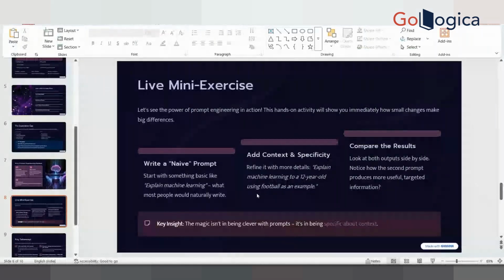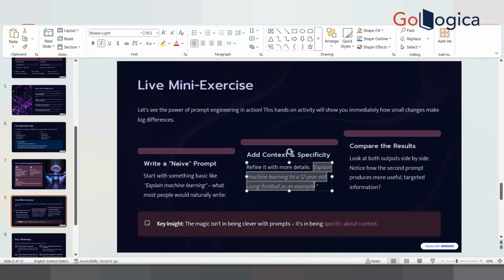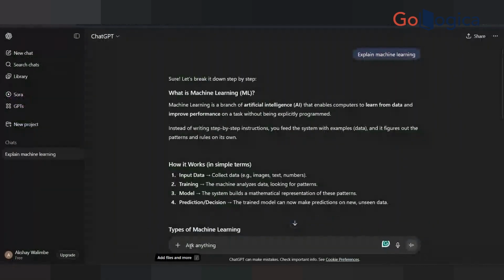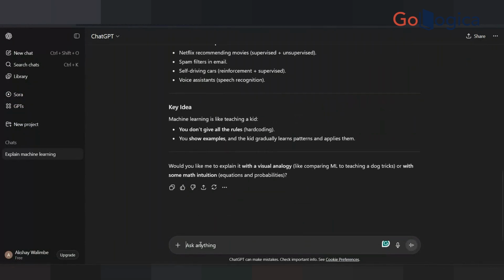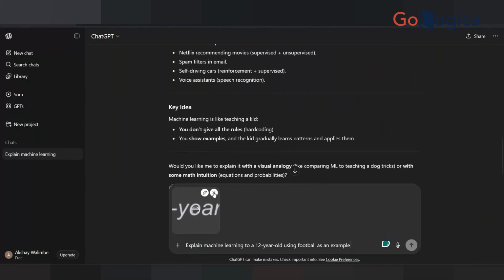So if we go back and add a little context and specificity to it, copy paste this, we will put it into this as a follow-up prompt. Explain machine learning to a 12-year-old using football as an example.